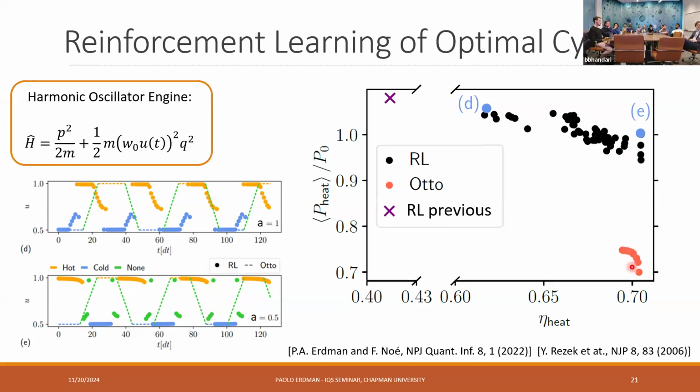In fact, the advantage is not huge. We can match the same efficiency, and the power goes from, let's say, 0.7 to 1 in these units. That's about 30%. It's not a drastic improvement, but a small change here had a 30% impact with these numbers. Or here, for example, you're changing the control while you're still coupled to the heat bath, so you don't waste time changing the control while decoupled. In this case, where you care about power, this was beneficial. And when you care about efficiency, it's important to minimize this additional effect.